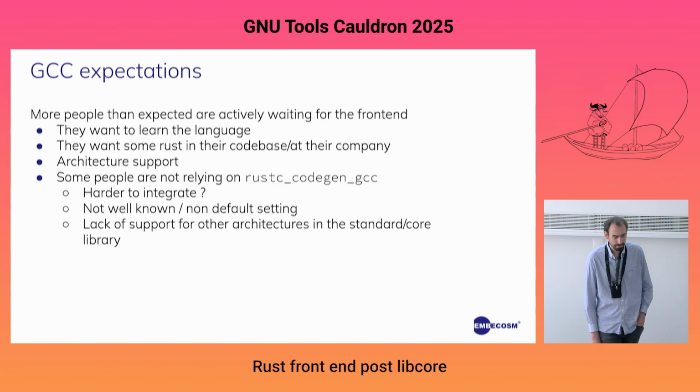So there is another project which you may know, rustc_codegen_gcc. And I found that not many people are willing to use rustc_codegen_gcc. I have not yet identified why it is so, but it may be because it is harder to integrate, and it is not the default option. I mean, you've got to use the Rust compiler, so you need the Clang and LLVM ecosystem, and you need to actively switch the backend to rustc_codegen_gcc.